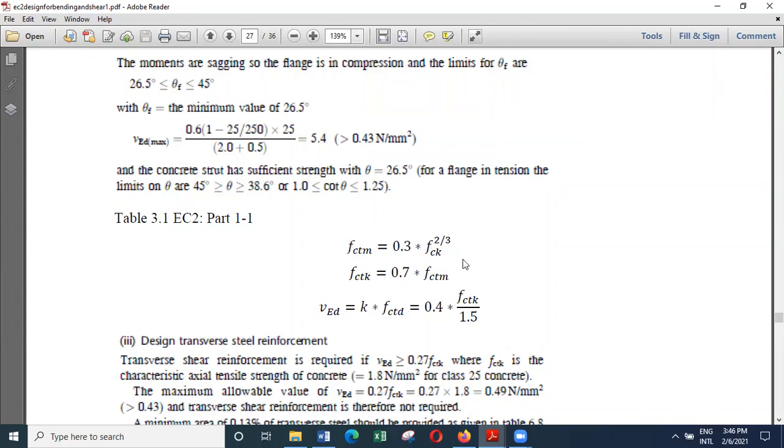So FCTM is 0.3 times FCK to the power 2/3, and FCTK is 0.7 times FCTM,